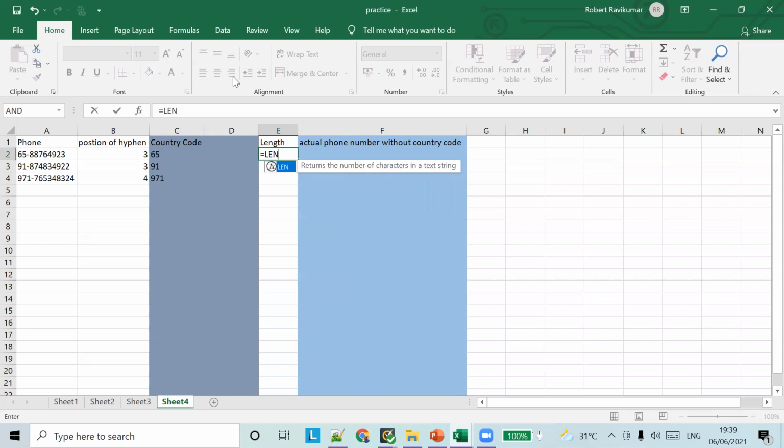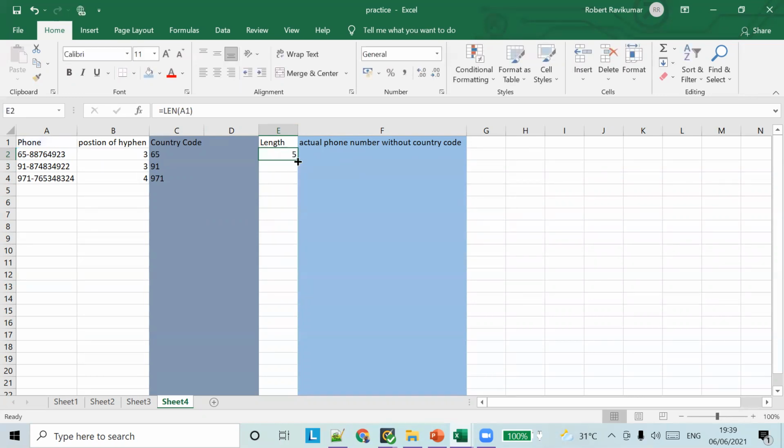So length of A2. Okay, we have found the length of all these characters. This one is 11 characters, this one is 12 characters, this one is 13 characters.